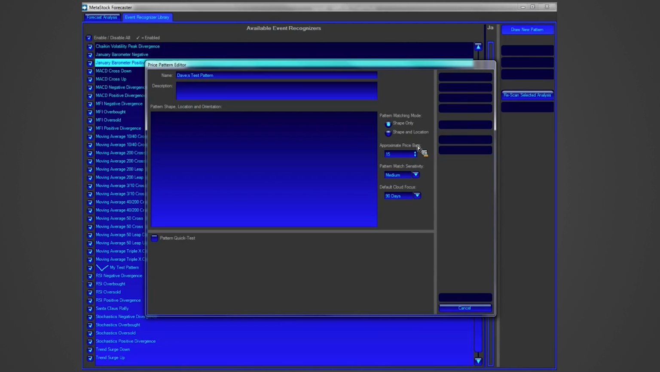You can look at how many bars you want to look for in that pattern. You can actually select sensitivity if you want a high sensitivity for ones that are very, very close to what you've drawn, low or medium. I like to keep it medium just because I get the most results from that one. Now you actually have a pattern matching mode